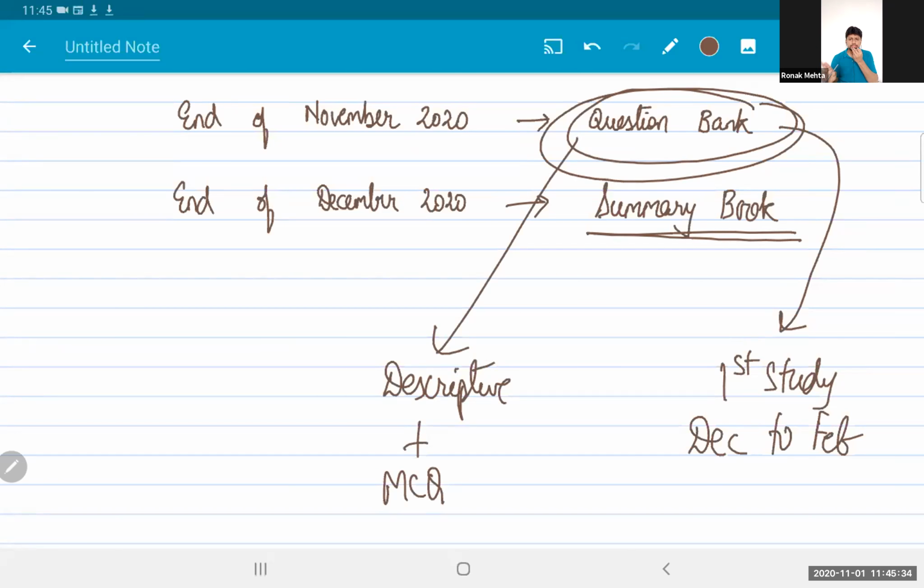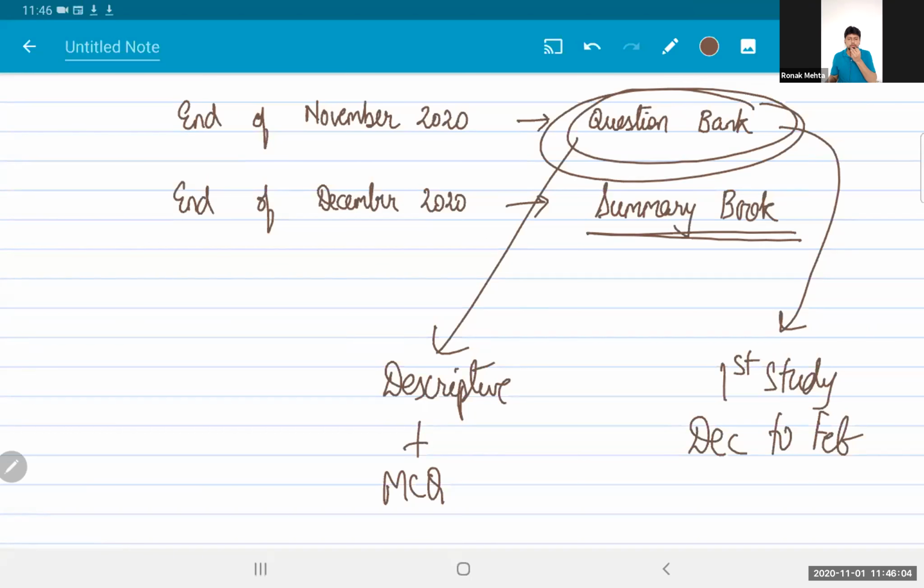So question bank updation will take time. My primary target is to give you the question bank so that a student can start studying the subject. And therefore I'm supplying you with the question bank first and the summary book later, because the summary book is anyways going to be used a bit late. So I can take up some time and prepare a very effective summary book which can be helpful. But the primary motive is to give you the question bank. Therefore, this sequence, that first I'll give you the question bank and then the summary book.